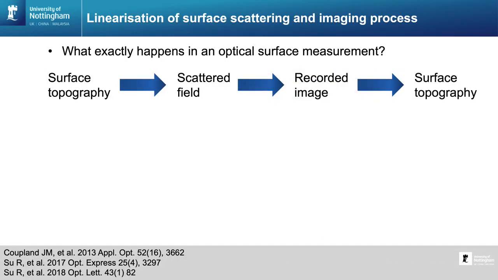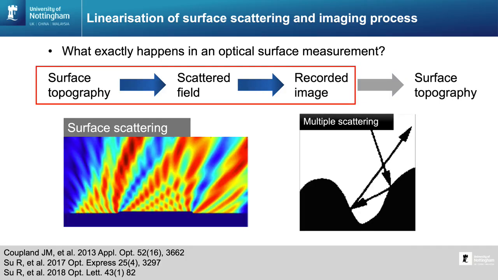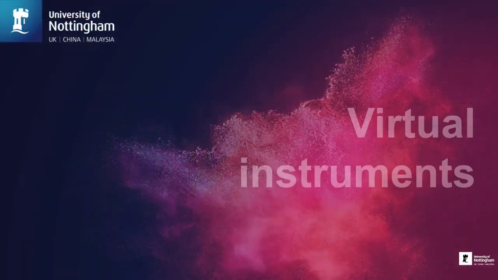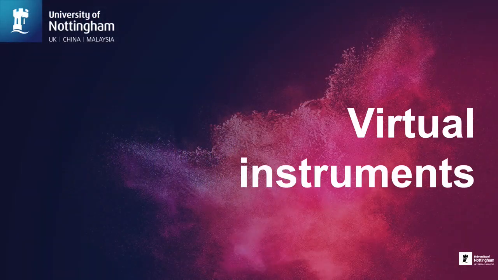So back to the model that we have, we can now solve that model, but of course it becomes much more complex when we have surface scattering. In fact, the foil model effectively collapses when we have multiple scattering going on. So we're still addressing that, and I'll come to that a bit later.